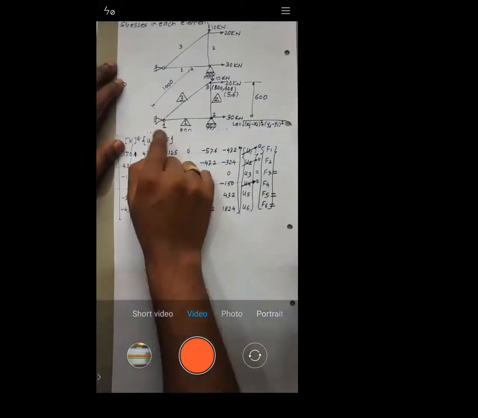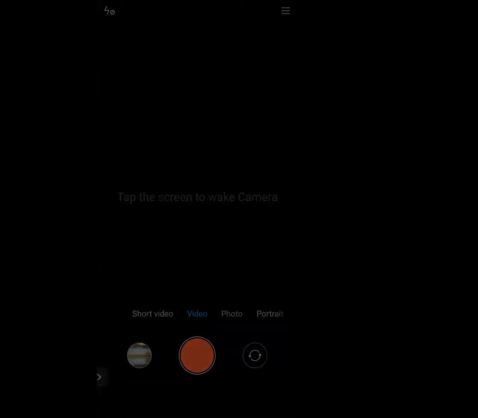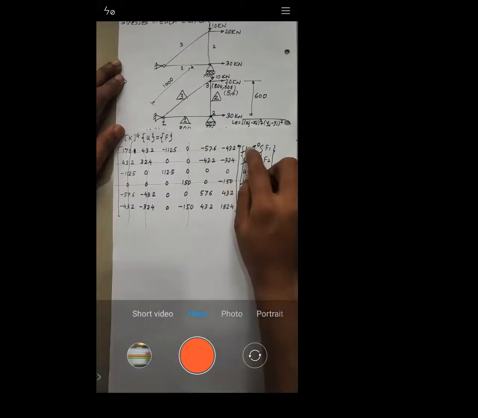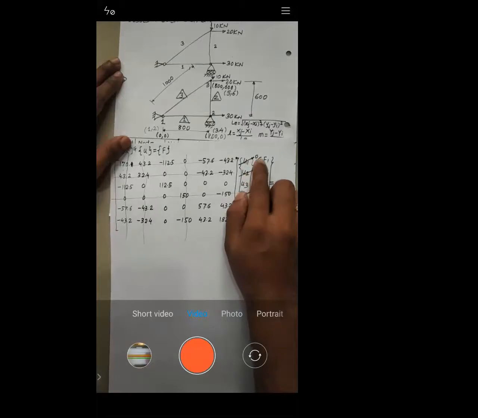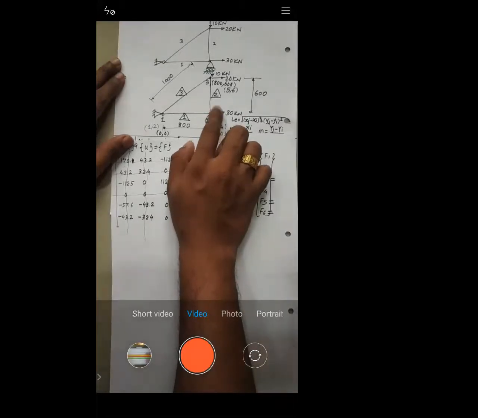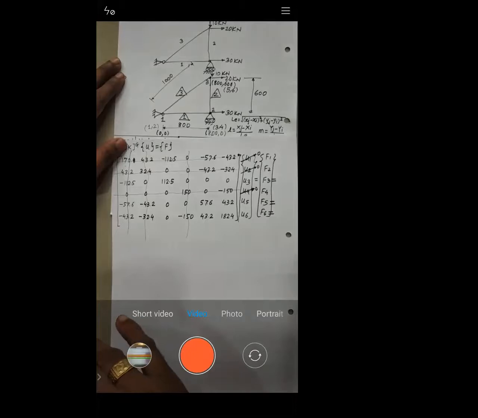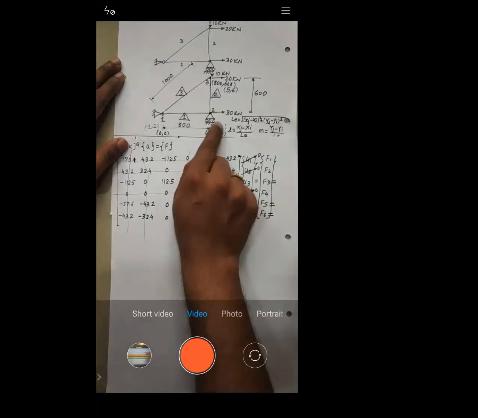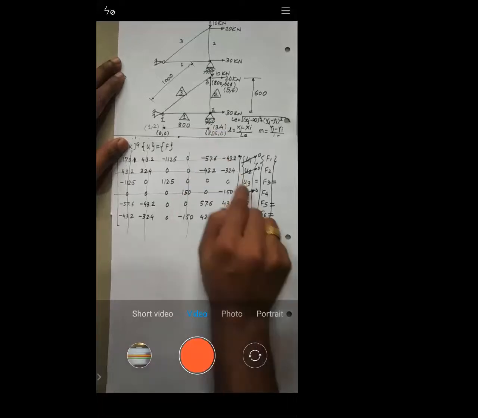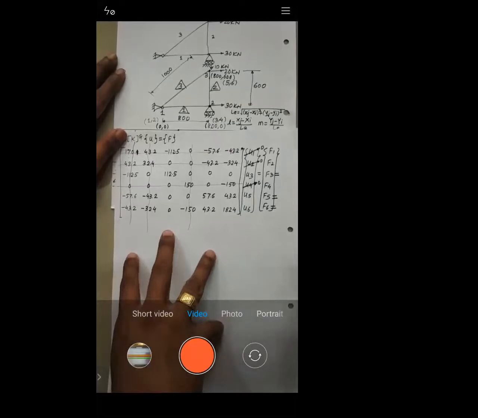Now, if you see this problem, at node number 1 they have provided a fixed support. So node 1 cannot move in any direction. That's why U1 and U2 are 0, because with respect to node 1 you have degrees of freedom 1 and 2. Similarly, at node 2 they have provided a roller. If you see this roller, it can't move in the vertical direction. At node 2, degree of freedom 3 is for X direction and degree of freedom 4 is for Y direction. The roller cannot move in Y direction, which means U4 is 0. Is it okay with this one?